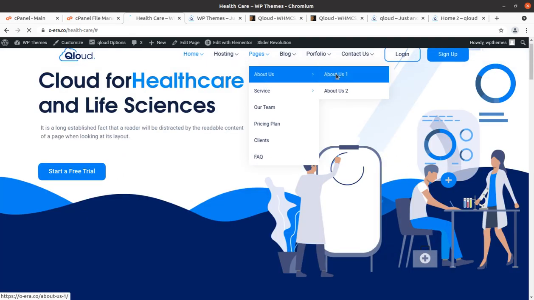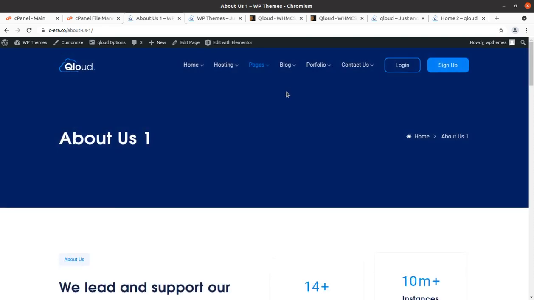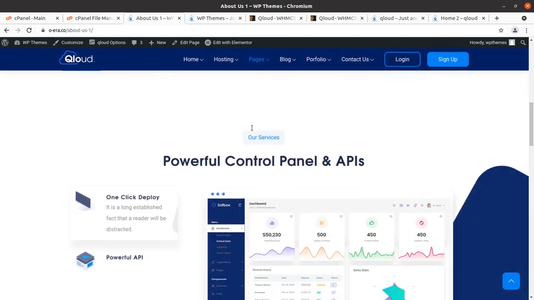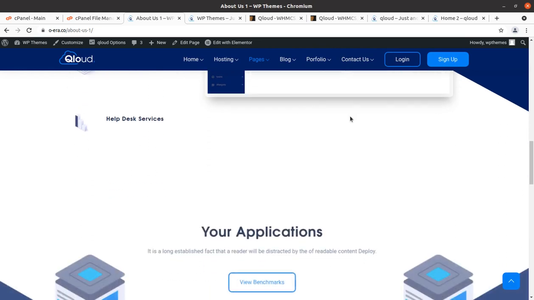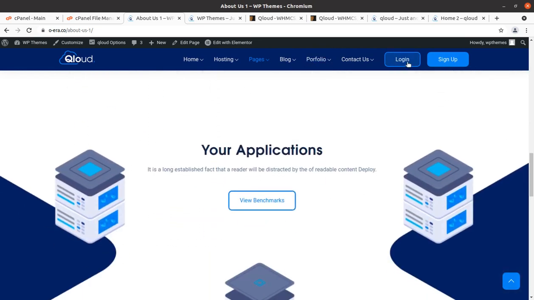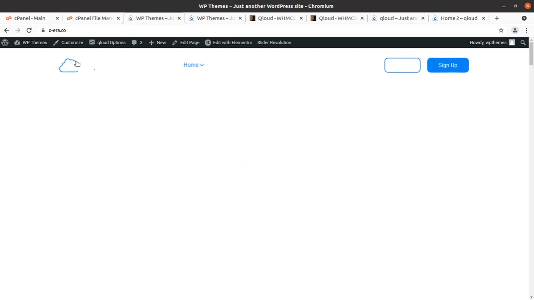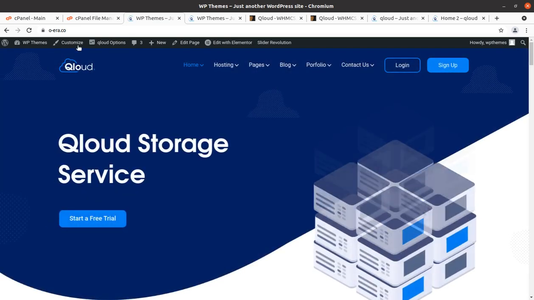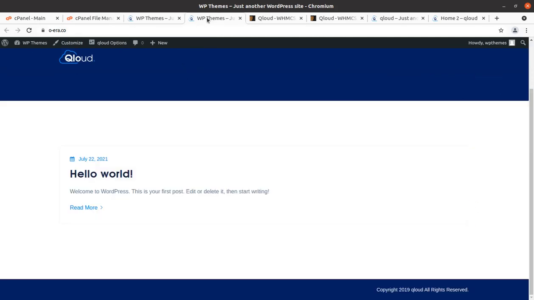And let us check the about us page and the rest of the pages, and this is also very good. Of course, this is a wonderful website theme, and login and sign up options are also here. So we got a wonderful website in this activity, and yes, the option is here. And now it is time to show you what we got additionally in this installation. So let us go back to the dashboard.